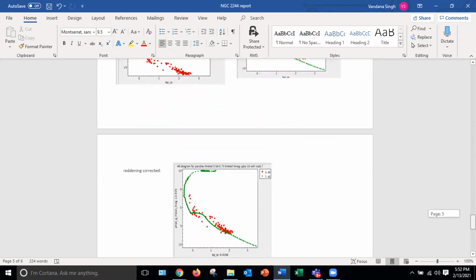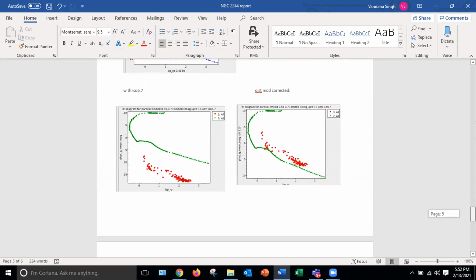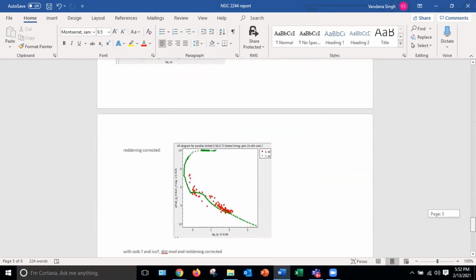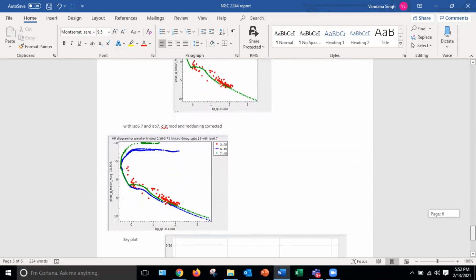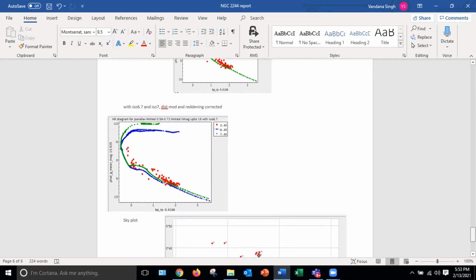Sorry, but this is 2244, no? That's very young. And in this last plot I've put both. The green one is ISO 6.7 and the blue one is ISO 7. But again, I have not taken into account the AG value.